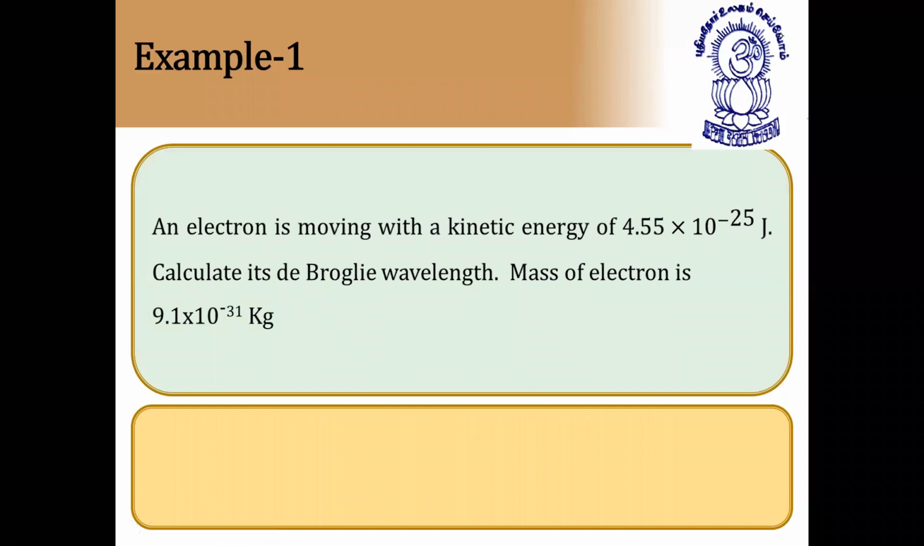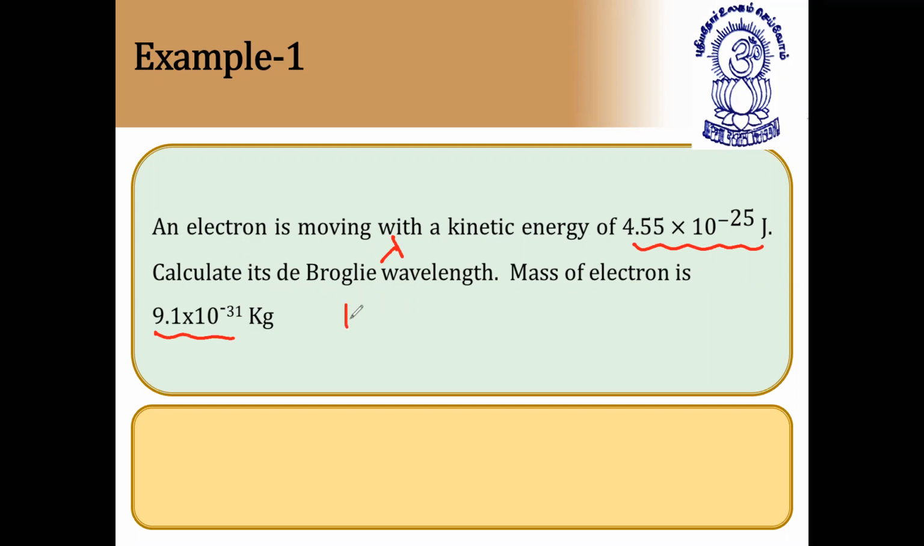An electron is moving with a kinetic energy of 4.5 × 10^-25 joules. Calculate its de Broglie wavelength. Mass of electron is given as 9.1 × 10^-31 kg. Now, since the kinetic energy is given, from this kinetic energy we can easily find the velocity, because kinetic energy